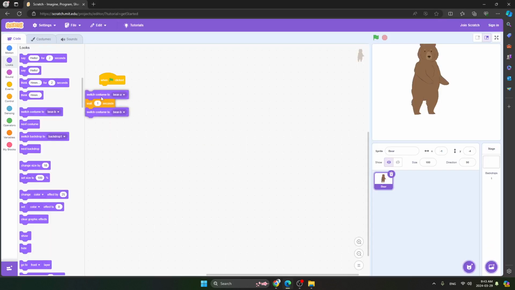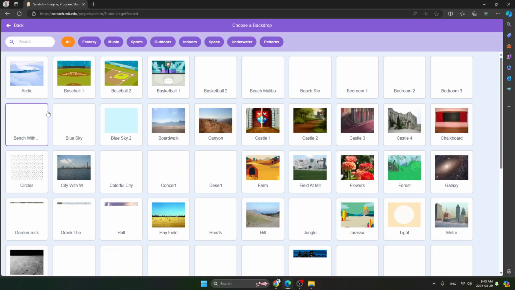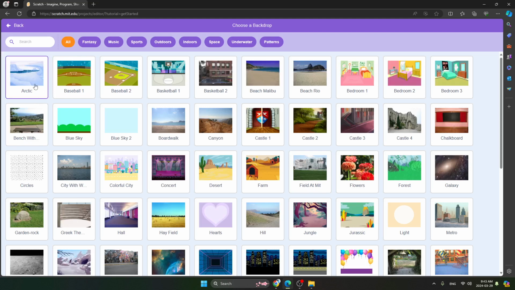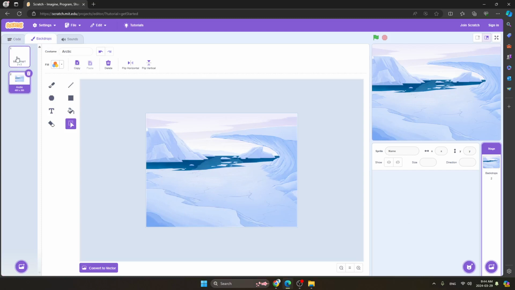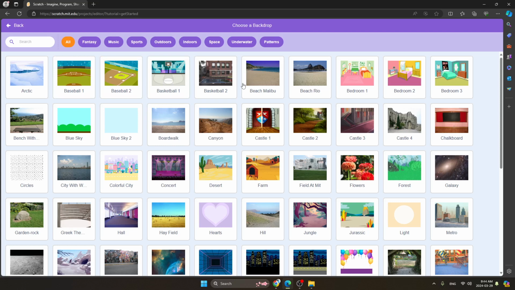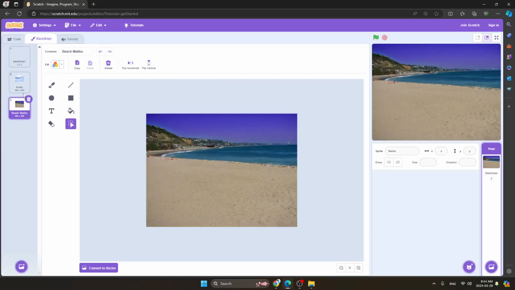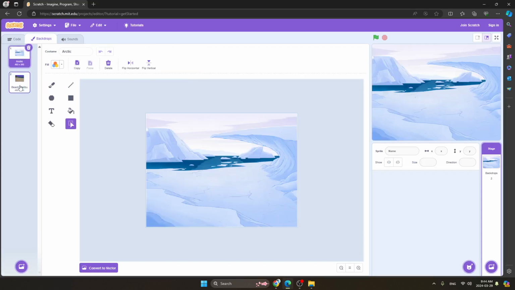So we will remove these three codes and now we will delete this sprite over here. So here we will choose a backdrop. For example, I will take the first backdrop of Arithmetic. Okay. So now, as I have taken this, we will go on backdrop over here. Now let's choose our first backdrop, which will be a beach. Okay. So as we got the first backdrop and the second backdrop, now let's go on coding.